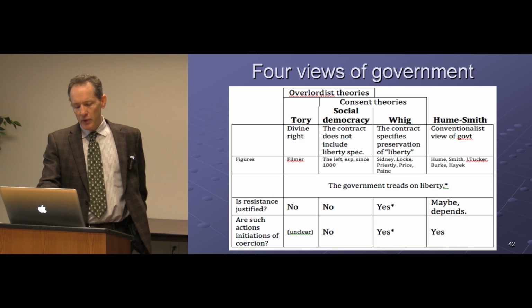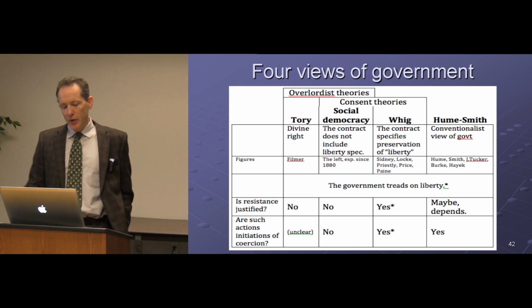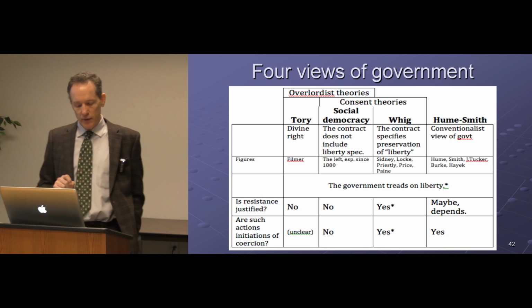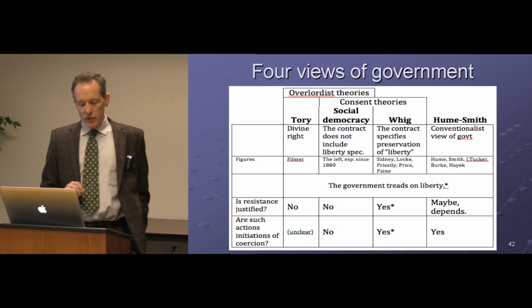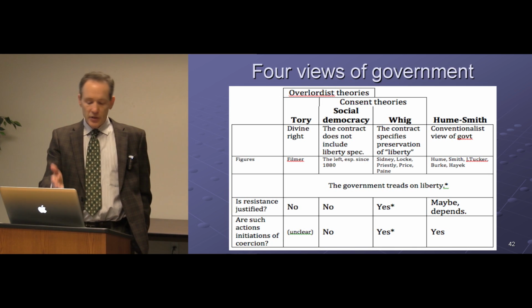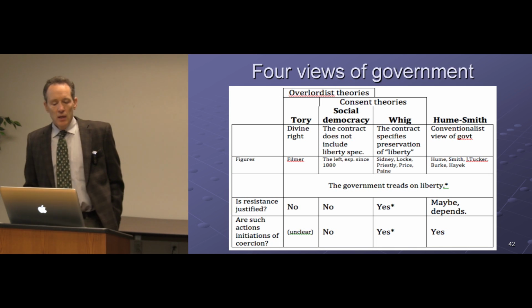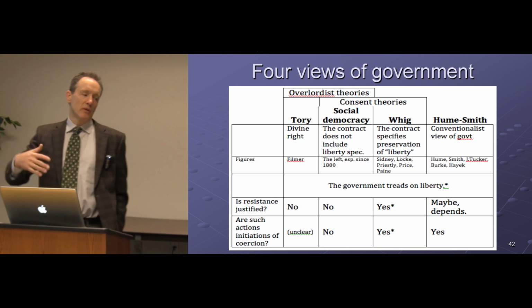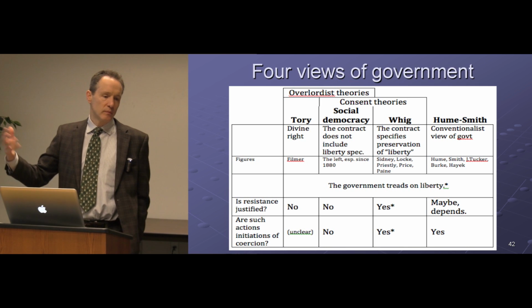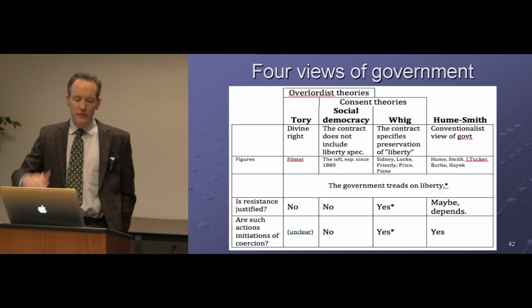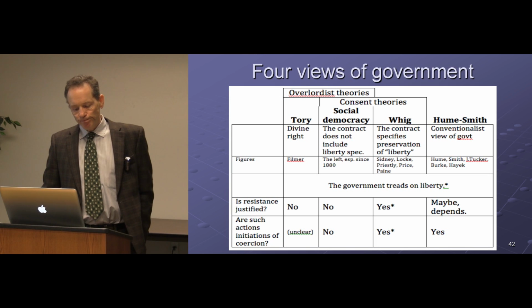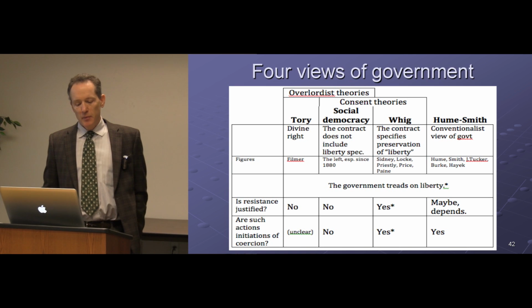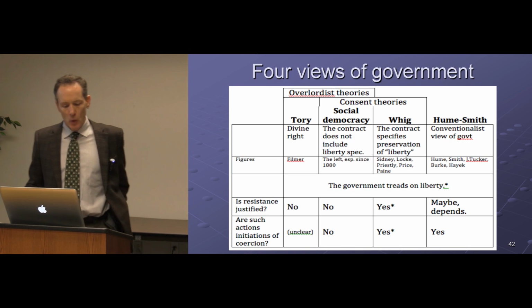And so suppose the government has been treading on liberty, and I have liberty here with an asterisk, kind of based on we need a specified director overall. Is resistance justified? In social democracy and in Tory, the answer is no. It's sort of like, hey, this is what the government's doing. And for the social democracy case, we'll assume that it's according to their rules, as it were, of democracy. Like we said before, it's not treading on liberty. Those are the rules. If you don't like the minimum wage, you're free to leave the hotel, as it were.